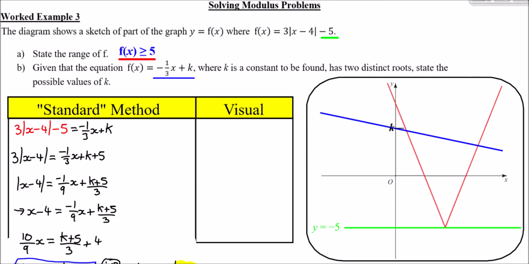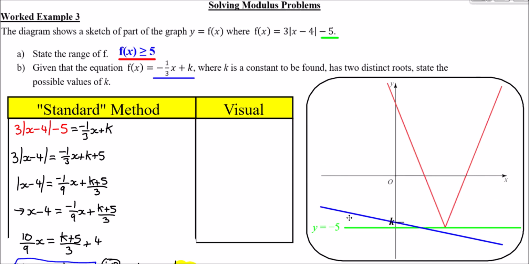So the visual solution begins by just imagining the line y equals minus a third of an x plus k, this line here straight away, then realizing that the number of distinct solutions is the same as how many points the functions intersect each other. So here it'd be 2 times. So the critical value, k, needs to be